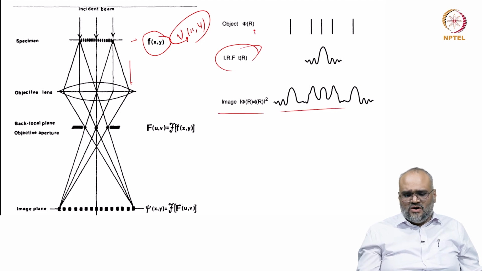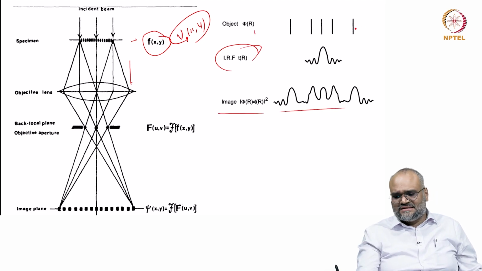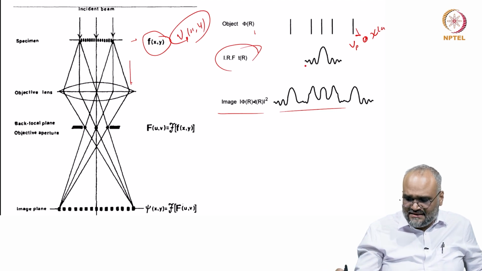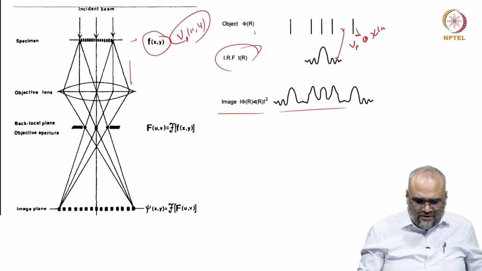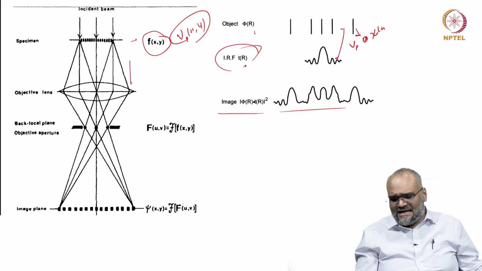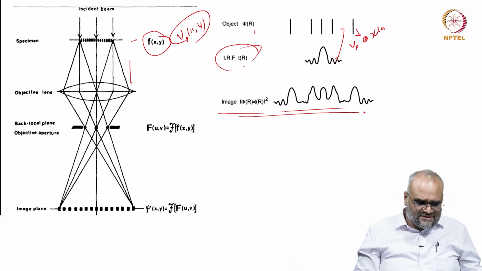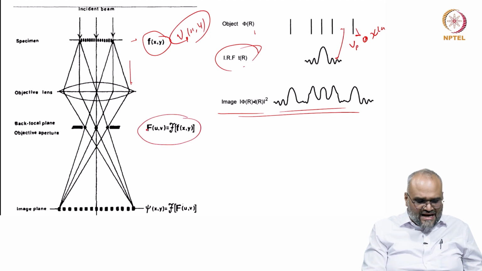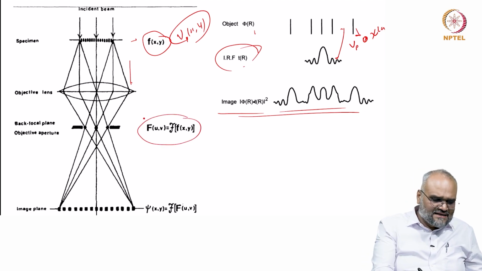object function, which is inherently a convolution between the projected potential and the lens aberrations, and this convoluted with the impulse response function is what I am recording in an image. And if I look at what I record at the back focal plane, it is related to this information through a Fourier transform,